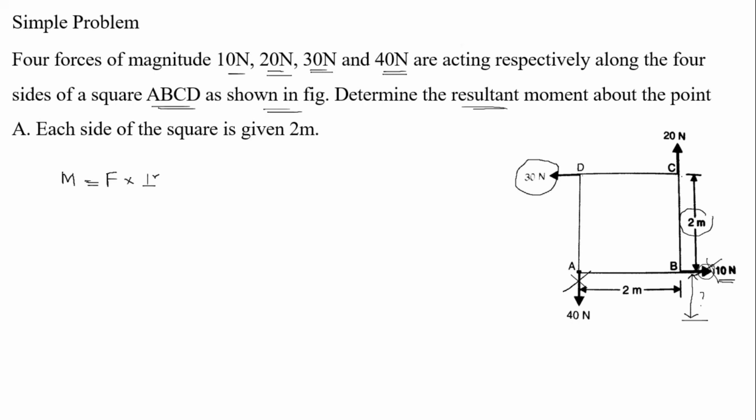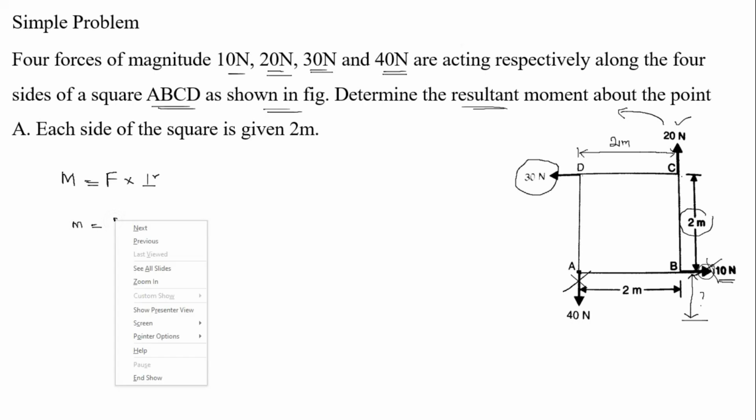Is it possible to take 20 Newton? Yes. Why? Because we can take the perpendicular distance like this. We know the distance is 2 meter from A. The 20 Newton is acting in the anti-clockwise direction with respect to the point A. So, the moment is equal to force 20 Newton into 2 meter, and plus,